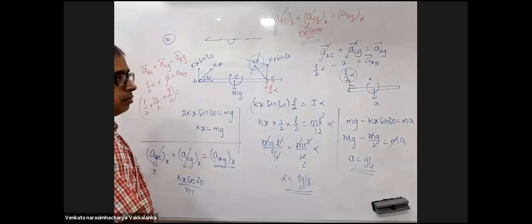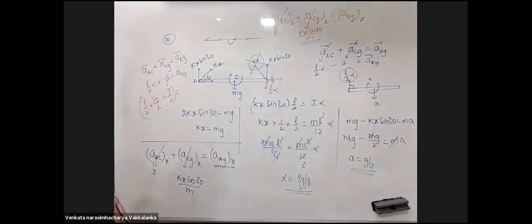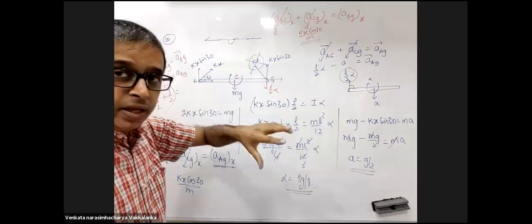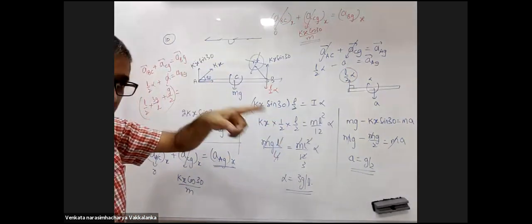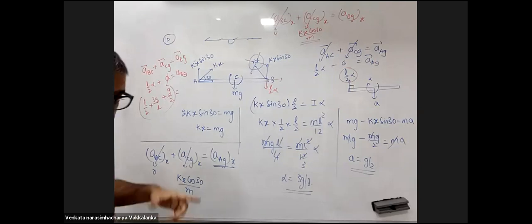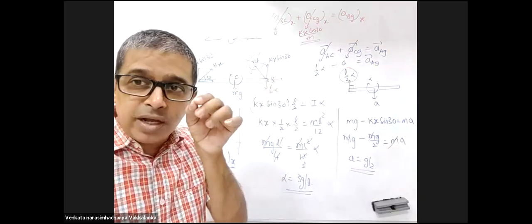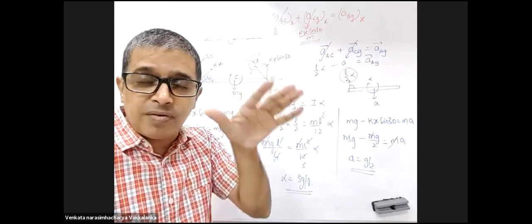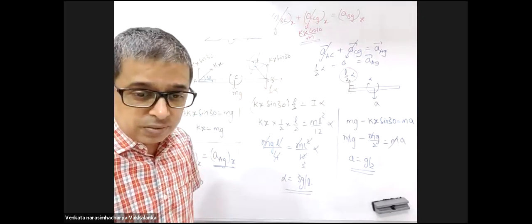Because at that instant they given the spring will take some time. Spring is the force acting on the body. That means because of that I will take the acceleration of center of mass. So that's why you have taken acceleration of center of mass with respect to ground as force because of the spring divided by m. Wherever the force is acting, don't take it on that point only. Vector summation of all the forces will provide acceleration to center of mass.